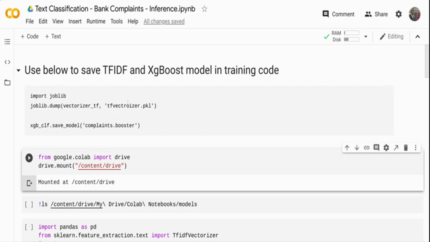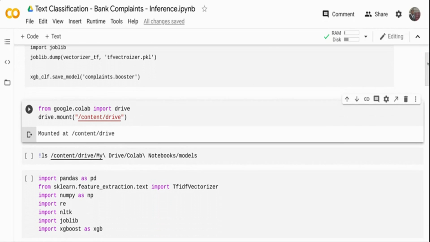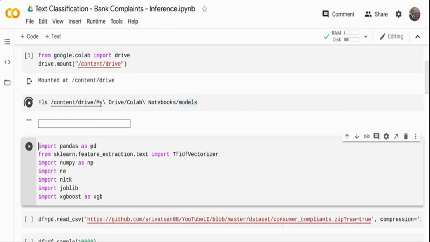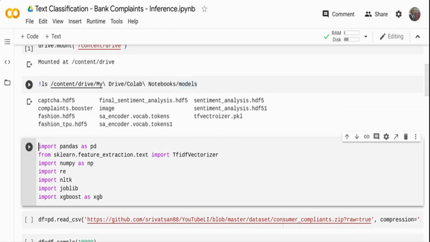But in the TF-IDF model, we did some customization. We did not use the basic inbuilt functionality of TF-IDF. We customized the tokenization method. We customized the stop word remover method. So we are going to see how we can handle it, because when we serialize that particular model, only the model parameters come in. It does not have the pre-processing step. So we have to replicate the pre-processing step as well. I will show you as we go there. I have loaded the model in my Google Drive. That's why I have mounted my Google Drive here, and my model is in this particular location. I will also give you the link to the model in the comments of this video. You can download it and play around.